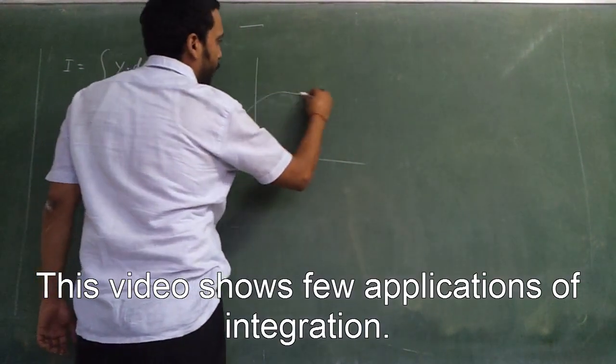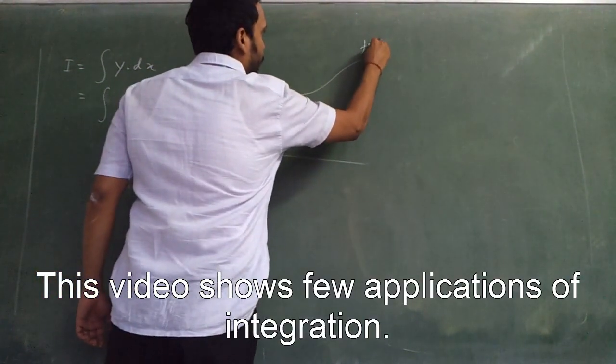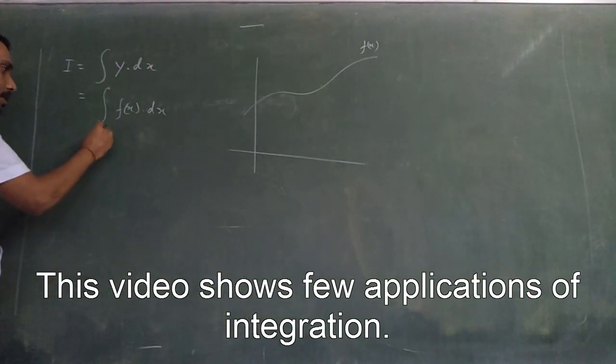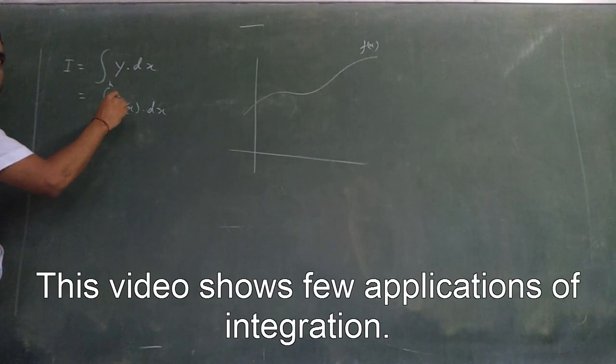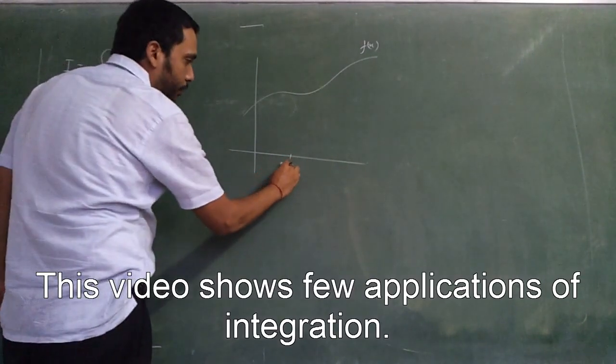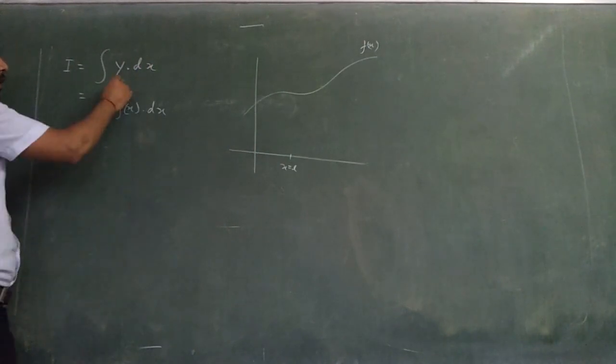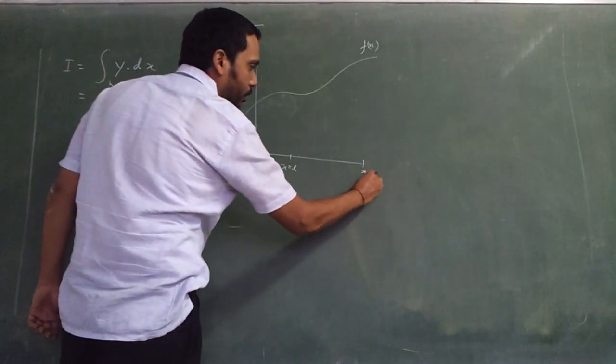If you have a function f(x), it is going to calculate the area under the curve. Okay. So here is where you put the limits: lower limit, higher limit. Lower limit is a value of x when x is equal to the lower limit. Higher limit is a value of x where x is equal to the higher limit.